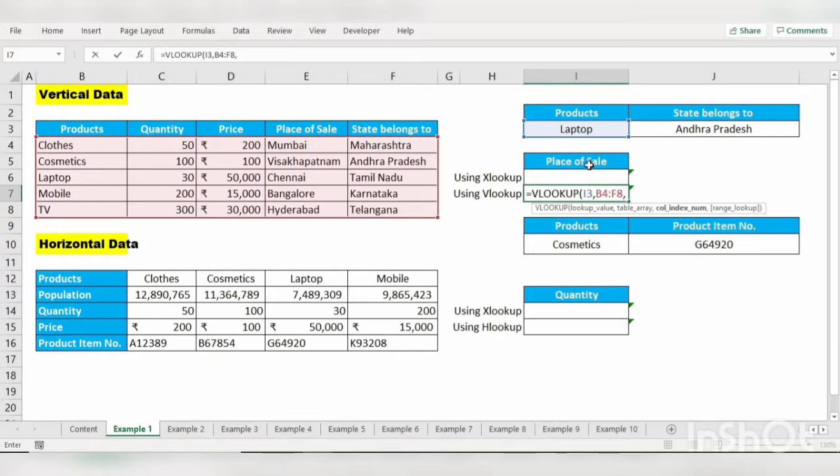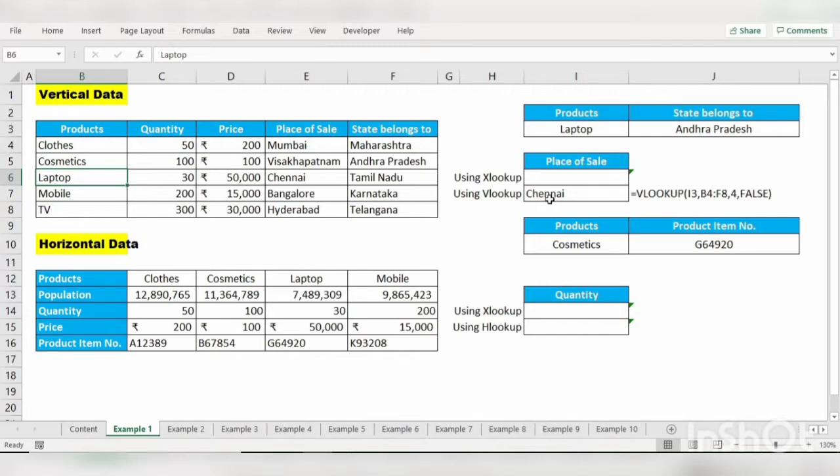The required column is place of sale, so 1, 2, 3, 4. Place of sale is in the 4th position, comma, we need an exact match, so close bracket. Here under laptop, the place of sale is Chennai.